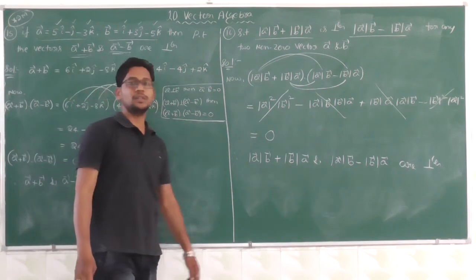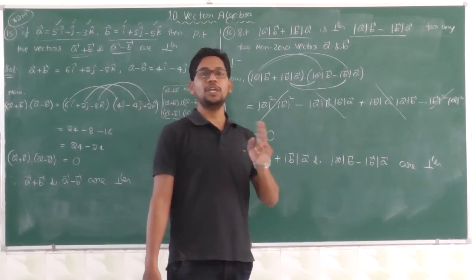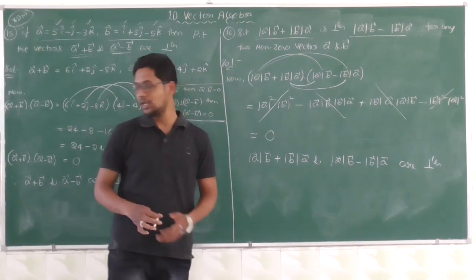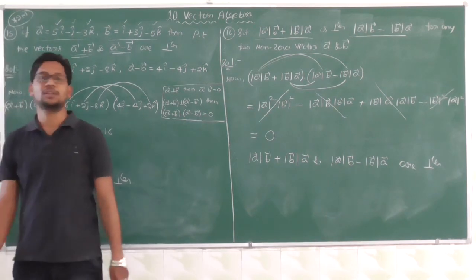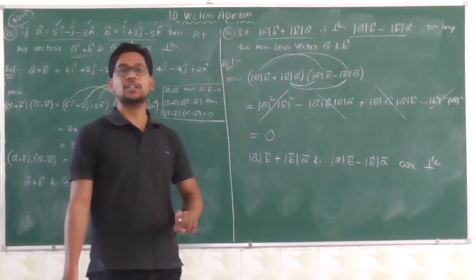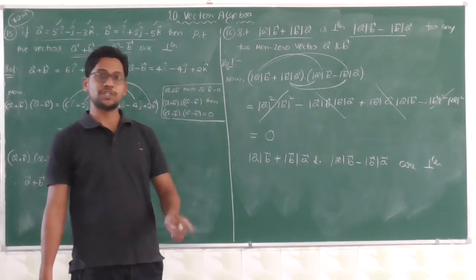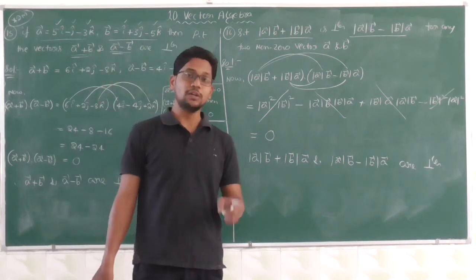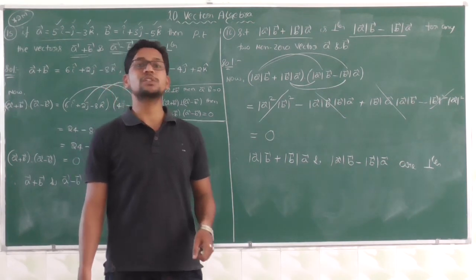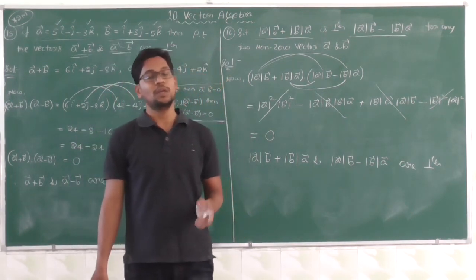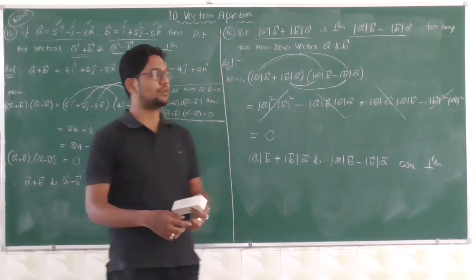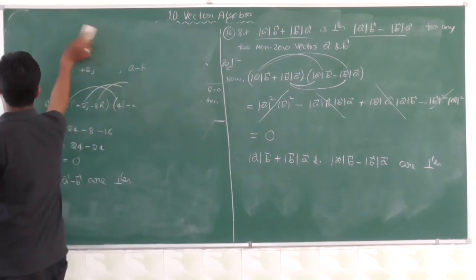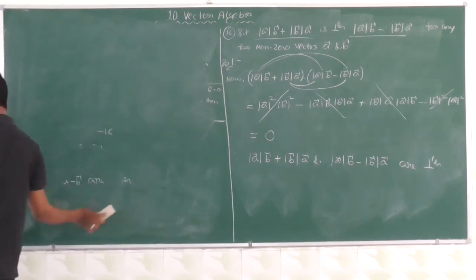What is the condition once again? Two vectors are said to be perpendicular when the dot product of the two vectors is 0. What about if two vectors are parallel? Do not forget the conditions. The ratio of the components are equal or the same. For parallel condition or linear condition, A1 by A2 equals B1 by B2 equals C1 by C2. Perpendicular, A dot B equals 0. Can you note down these answers also? Next, let us move on to the question.